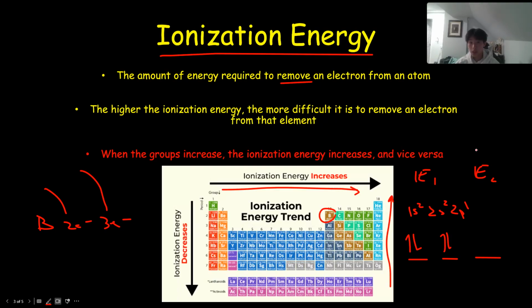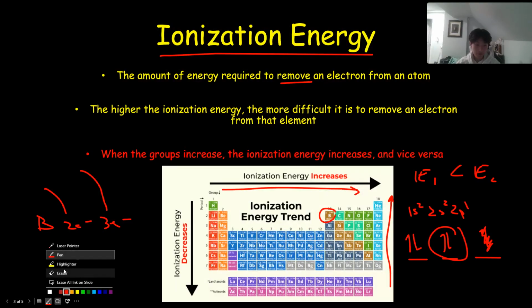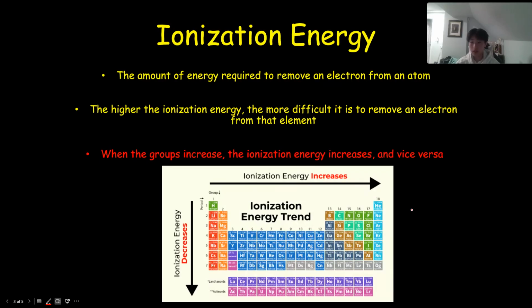They don't want to split away from that. Therefore, the amount of energy that it takes for the second ionization energy to occur will be much greater compared to when I just simply remove this electron, because it's essentially a lone pair in its respective energy state, making it a lot easier to just get rid of as opposed to removing an electron from a pair. So always know that the second ionization energy will always be greater than the first ionization energy because of that